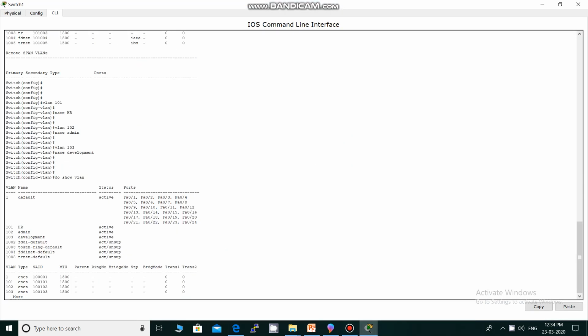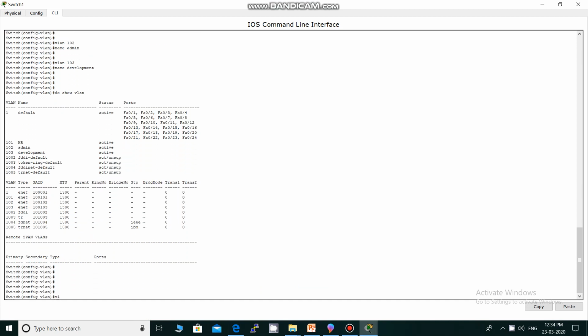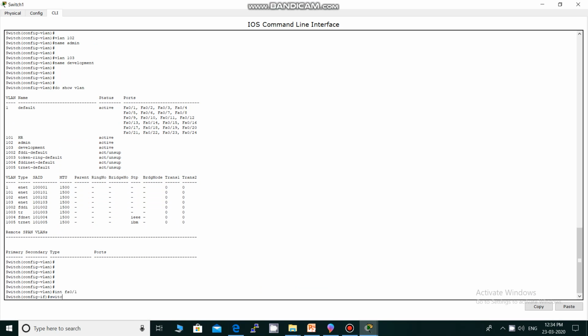Now how to assign these ports to a VLAN? Select the interface, that is Fa0/1, and write the command switchport access VLAN 101.